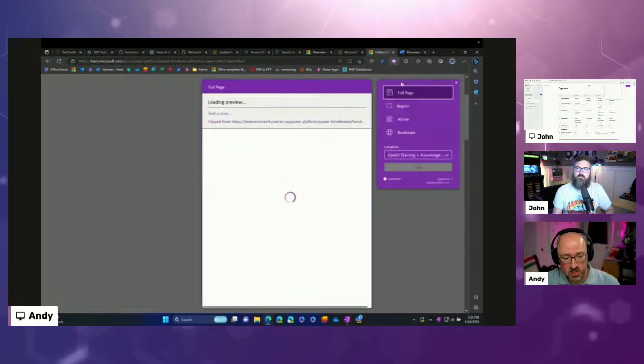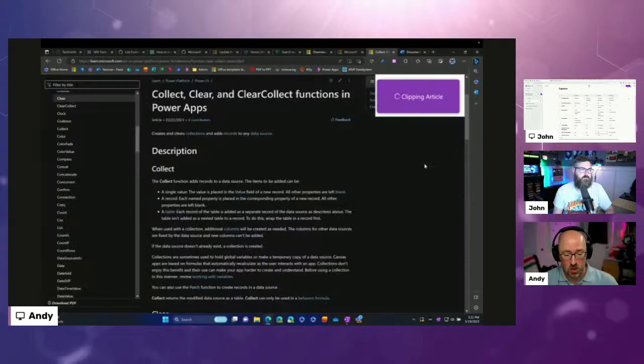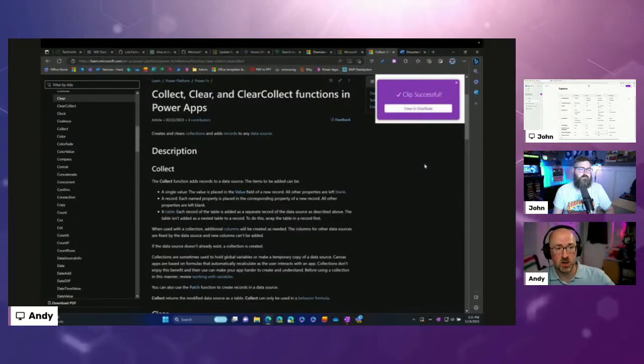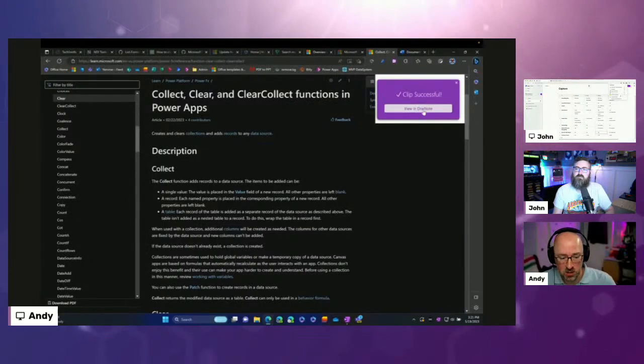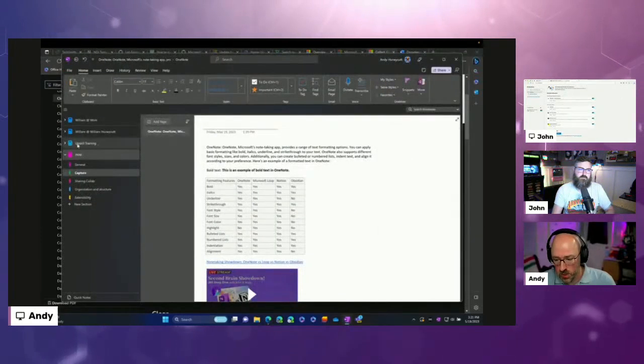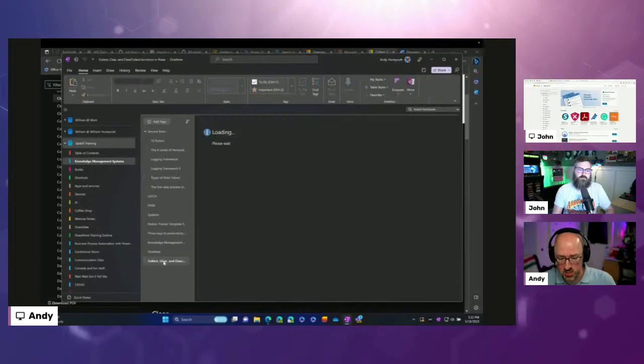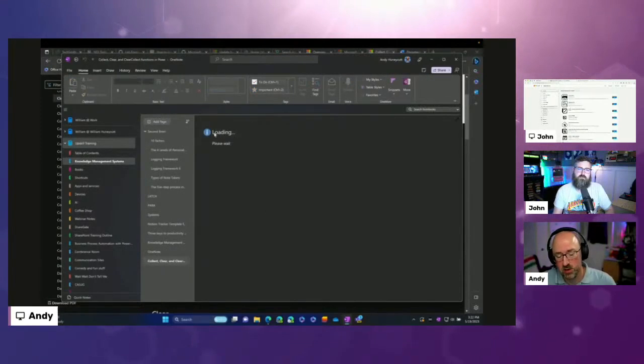So that being said, I can pick the notebook that this is going to go to, the notebook that I want to drop this into, and then clip it. But what I really like about that is how it handles all of that basically in the background for me. And then when I head over to my notebook, let me go to this notebook. There it is. It's already here. It's going to load that for me.